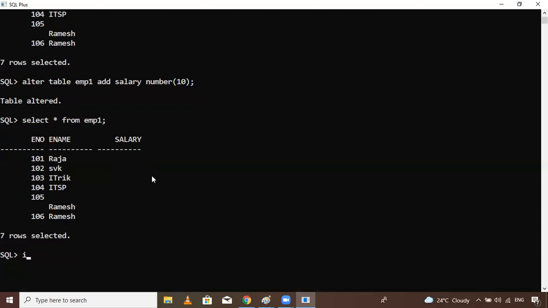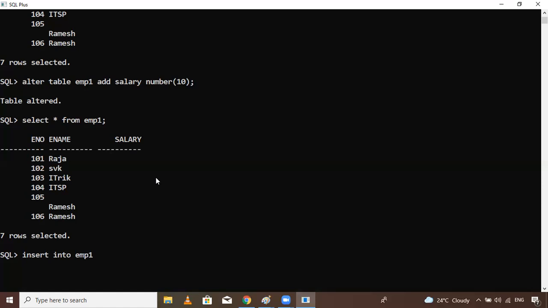Suppose I want to insert: insert into EMP1, and here we pass eno, comma, ename, comma, salary. Now values, here we pass values.